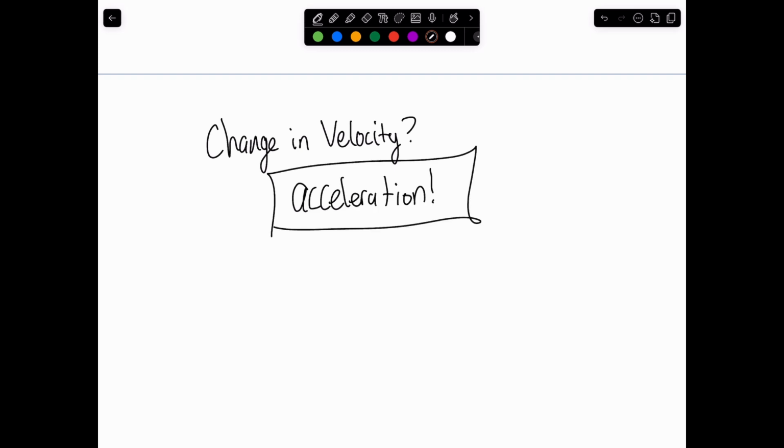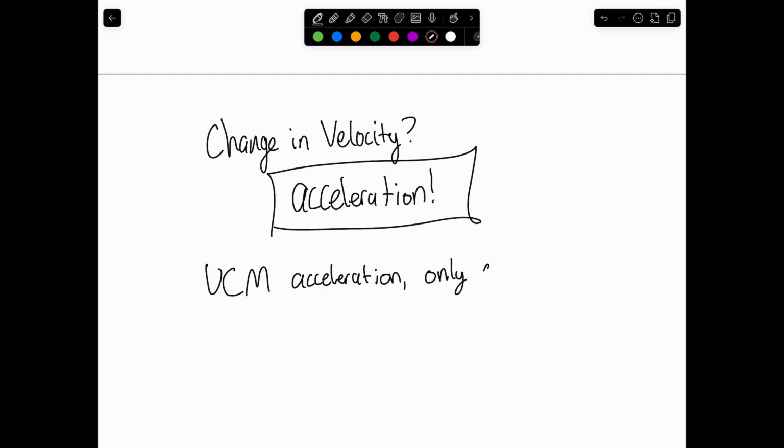If you didn't remember that, that's fine. Just go back and review the acceleration video and hopefully you'll get back on track. As I've said, acceleration is the rate of change of velocity. However, this acceleration, this uniform circular motion acceleration,